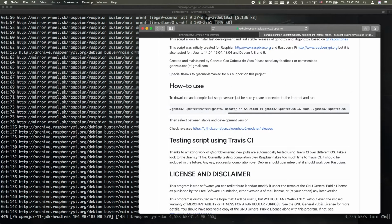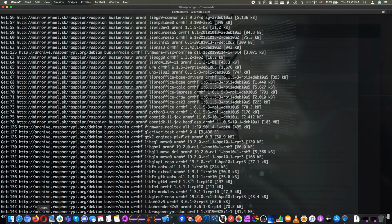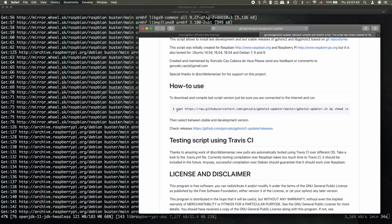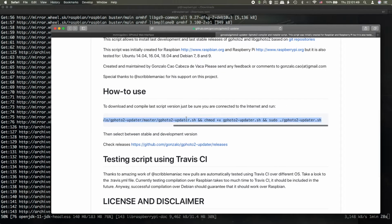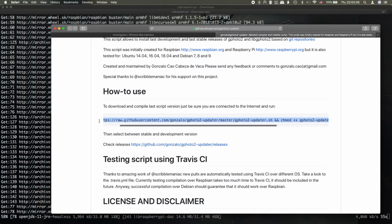It's very simple. You just have a command here which you should execute, but first of course this whole update should complete, and then you will execute this thing. I'm gonna make it a little bit bigger so you can see this long command. It also uses wget to download this updater script. Chmod +x marks this file as an executable, and then it executes it with the root permissions. Of course, that's not very safe, but you just have